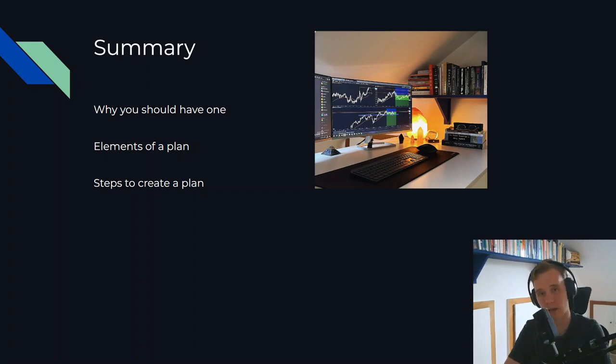There's a few elements of the trade plan that, as a minimum, you want to make sure you're covering, a few of the bases, and then go create it. Just go open up a spreadsheet, open up a Word document, open up a PowerPoint, use the template that I'm going to put in the description, and fill it out. And it's not one thing that you need to make perfect off the bat. It's going to be changed, it's going to be tweaked, it's going to be brought into more alignment with your plan. The most important thing is just making a plan, and then we can adjust it down the line.